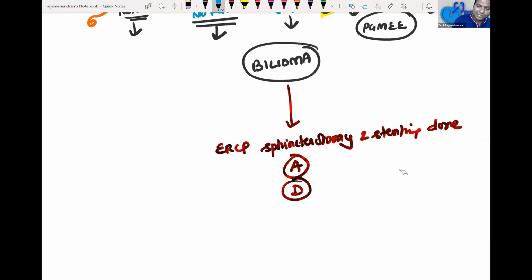Usually the medical gastroenterologists do this. When they do ERCP, they find out what type of injury. If it is A and D, they will put the stent immediately. They will put the stent during the procedure itself. For E, they will tell, sir, that I cannot pass the stent. It is a very full cut injury. We cannot do anything. Like that they will tell.